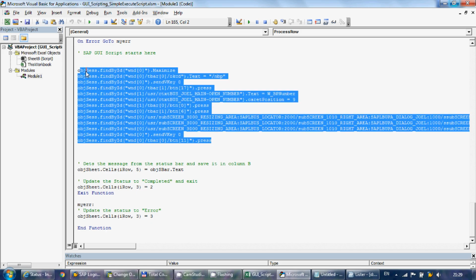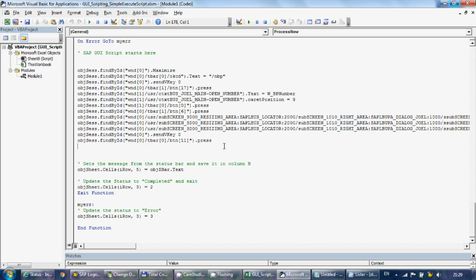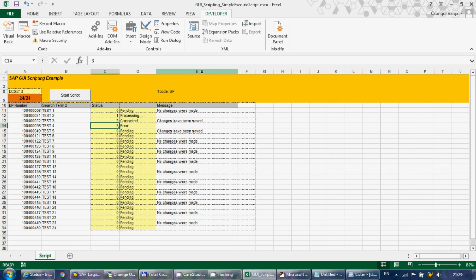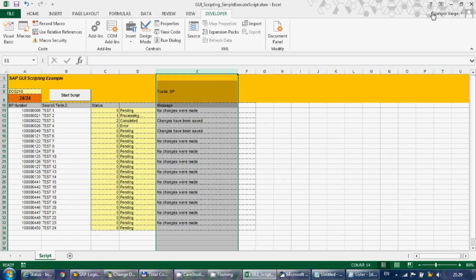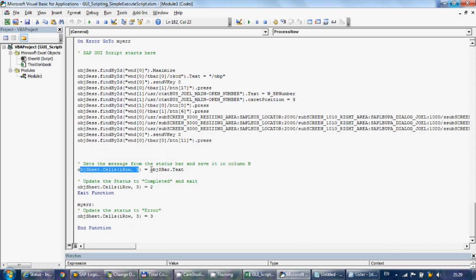Then I execute the GUI script, and at the end I'm doing two more important things. So object sheet cells iRow 5 is the 5th column, so that would be column E, my message, and that equals object bar.text. So that piece of code always gets the text from the SAP GUI